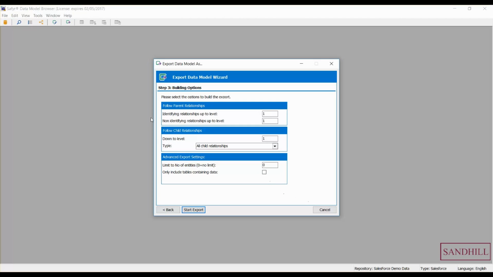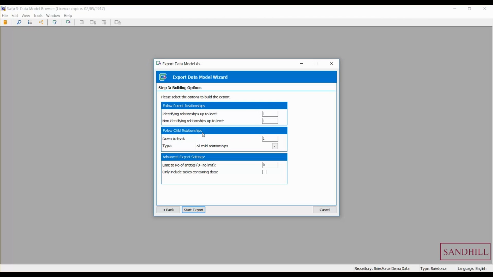And through this, we can define that we want any parent relationships to also include the tables that they are in the parent relationships. Notice the ability to limit it to identifying and non-identifying relationships, and the level that we want to go to. For this particular demo, I'm just going to go to one level to our parents,